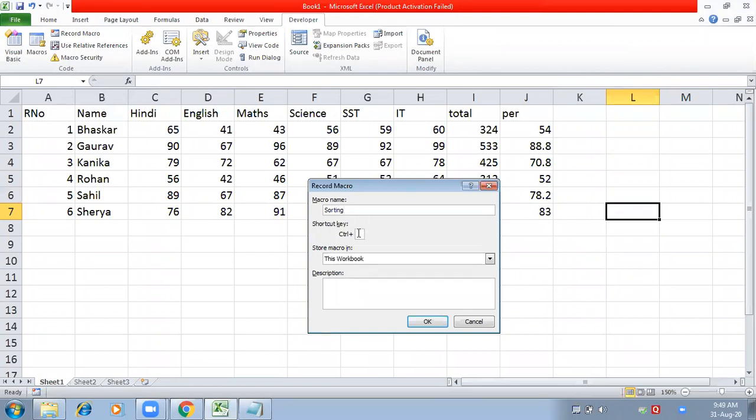And shortcut key means next time if I want to access this sorting, or if I want to apply the sorting somewhere else, do I want to give any shortcut key for that? So this is my choice. If I want to give, I can write any shortcut key here. Suppose I can give Ctrl+S, but I think it will not allow because it is for saving. So I can use any other, for example Ctrl+O.